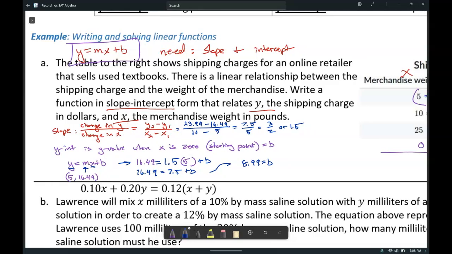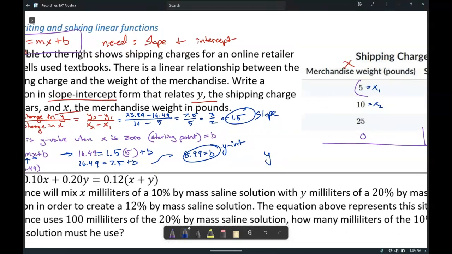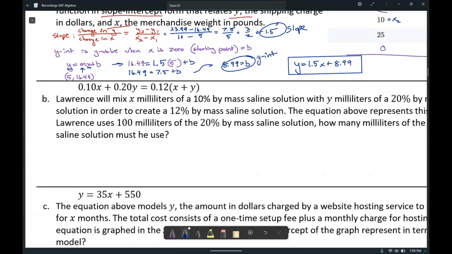So now that we have the slope, and we have the y-intercept, now we can write our equation in y equals mx plus b notation. That's our slope-intercept. Now another equation that's similar in structure, we have the equation that's written here, and the prompt